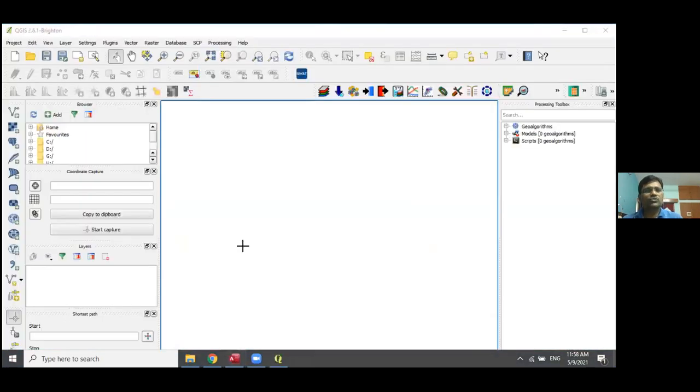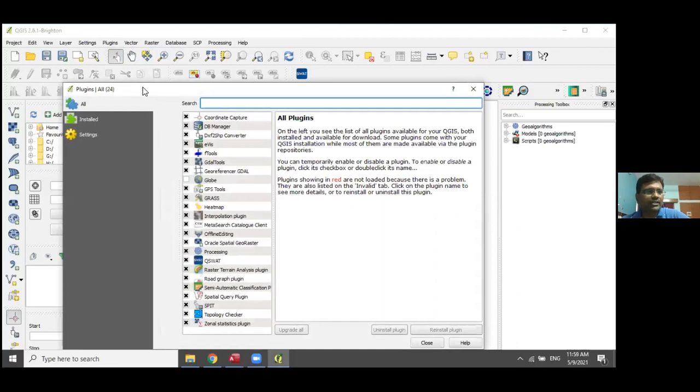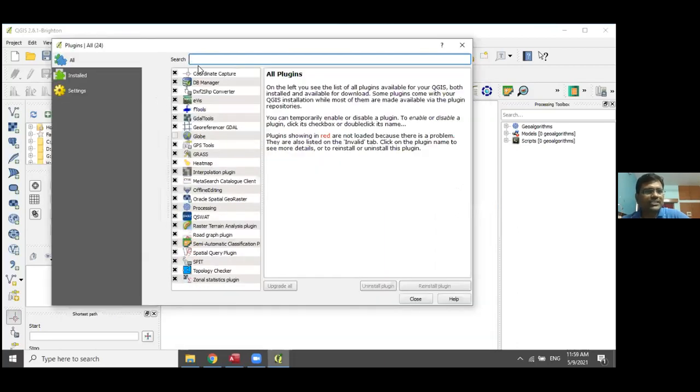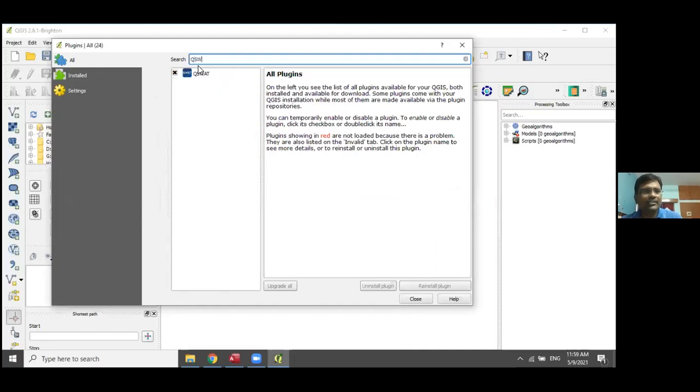Just to demonstrate, once you install QGIS, then SWAT editor, and then ArcSWAT, sorry, QSWAT. You go to the plugin, then manage and install plugins, and search for QSWAT.